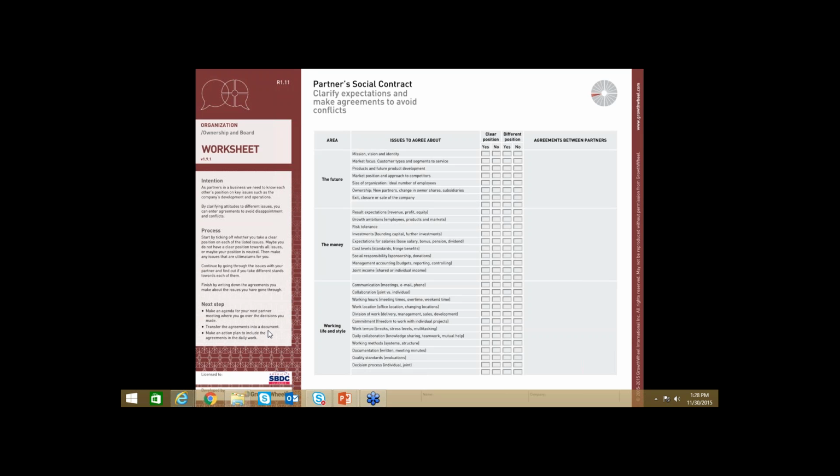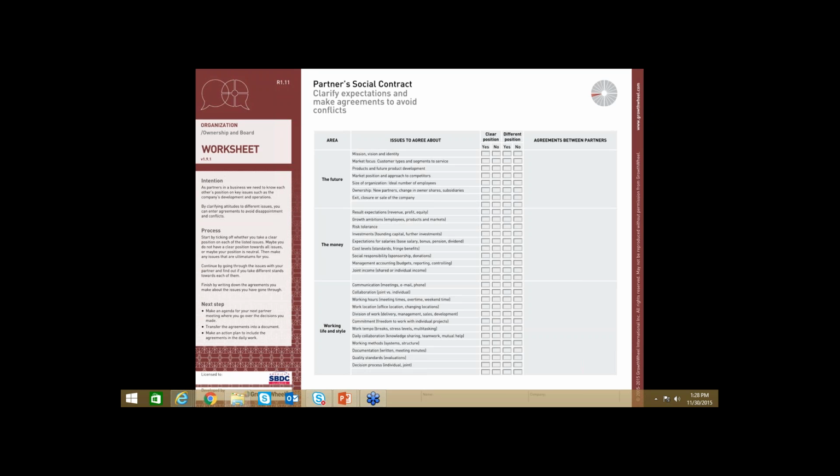Eventually, you want to transfer your various agreements into a document and make sure it really fits both of you. This will be very important when you have, as you will inevitably have, conflict within the group or with the partner, because conflict is to be expected. It will happen sometimes. So how you handle it will also determine how strong the partnership can be. That doesn't mean you won't argue, but it does mean that you'll have a means through which you can check back to see what you have agreed on and what you didn't, and then have a chance to renegotiate that.